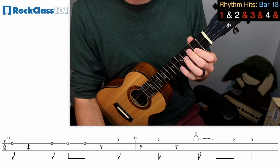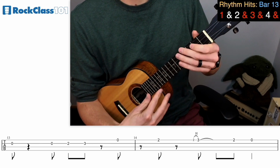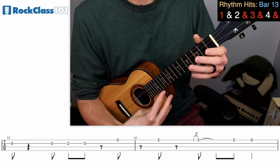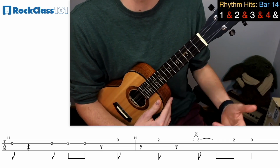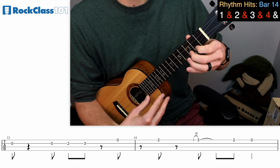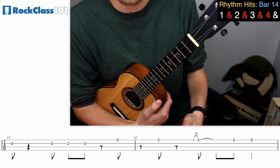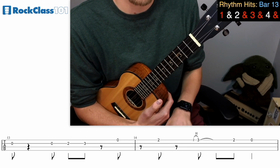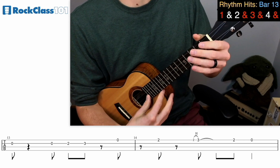Now from here we go on to measure 13, which is exactly the same as measure 9. And what's cool is measure 14 is exactly the same as measure 10. And so the two of those together, just like we heard on 9 and 10, should sound something like this. Measures 13 and 14, 2 and 3 and 4 and...